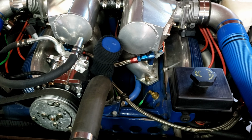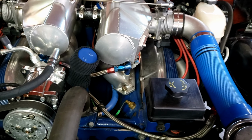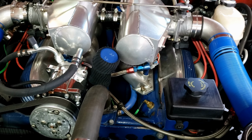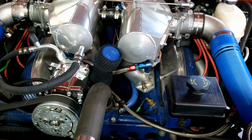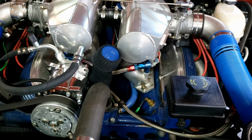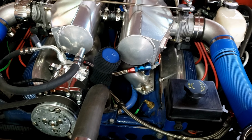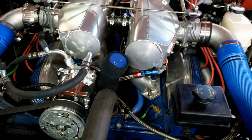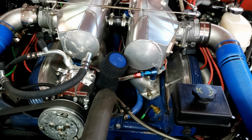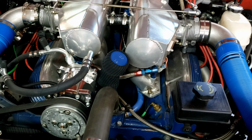But the valve stems are different, so I had Manley make up the valves for me. And we spec'd it out, my buddy and I kind of designed the valve train around what we could get off the shelf: beehive springs from Comp Cams, their retainers. And we had the machine shop machine the head to the right perch depth for the springs, and the machine